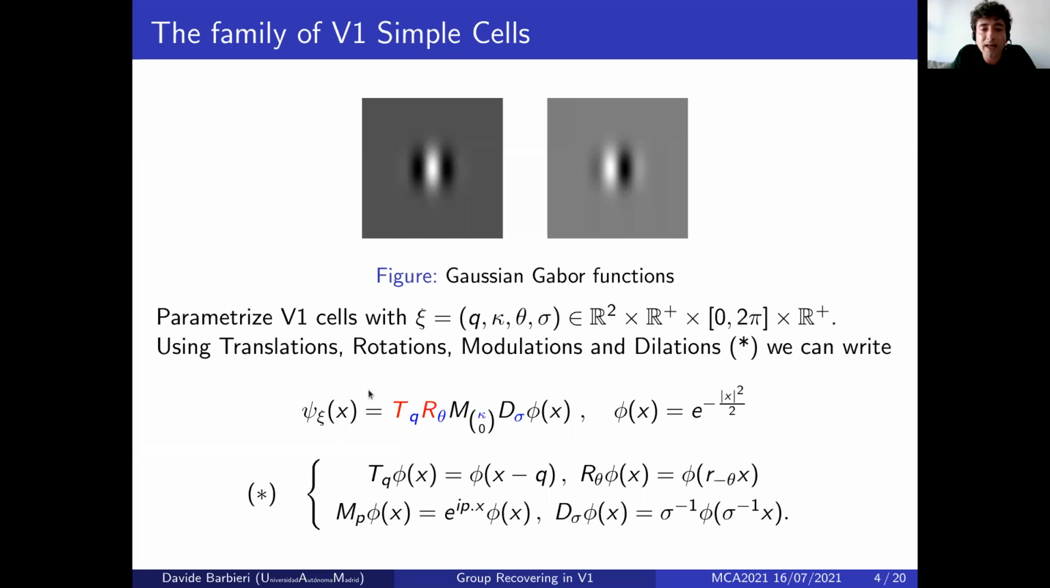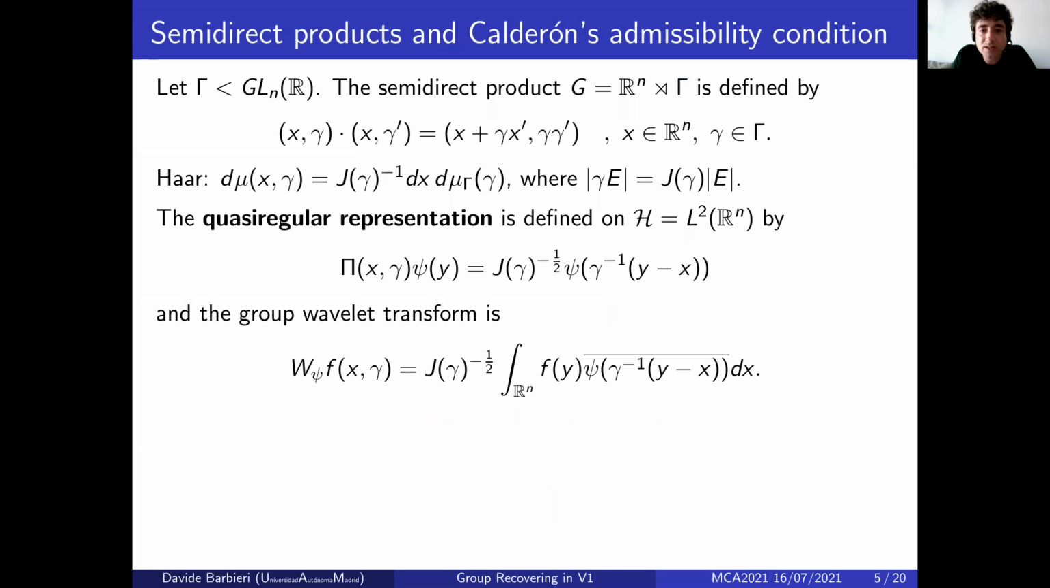Okay, so in the next couple of slides, I will introduce some notation for those of you who are familiar with this concept. They are not necessary. I would like just to give some context to this. So when we have a group that is formed as a semi-direct product of Rn with a group of automorphisms, defined with a composition law like this, we can